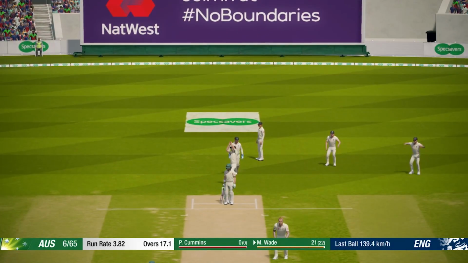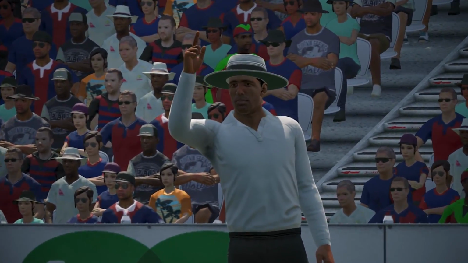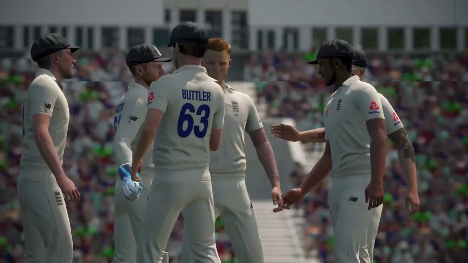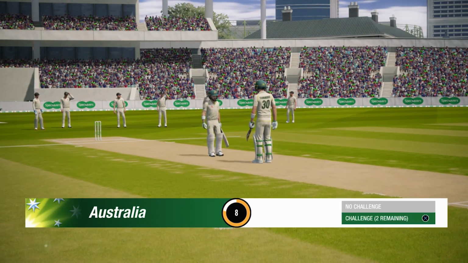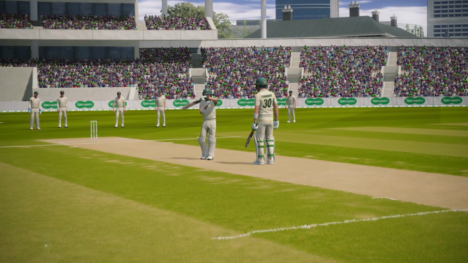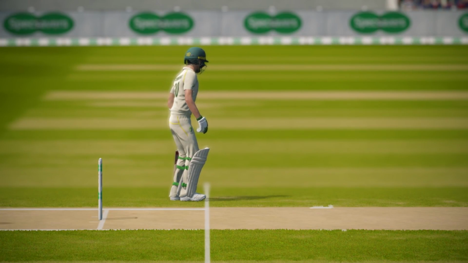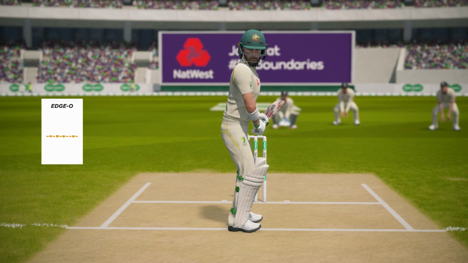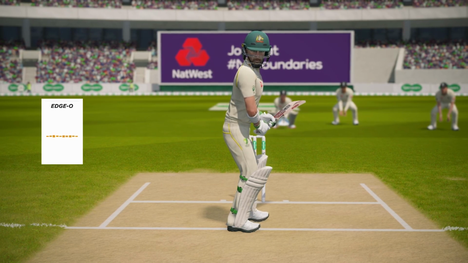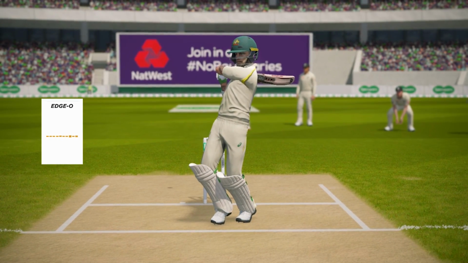Is this out from Wade? He's gone to pull it away. There was a few noises there. The finger is going up. Ben Stokes getting another wicket. Australia in dire straits. Wade's going to review this one here though. Doesn't feel like he hit the ball. Thought it might have been forearm rather than bat. Have a look here at the review. We've seen one controversial review so far.